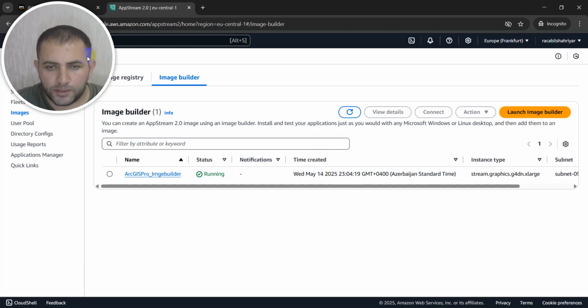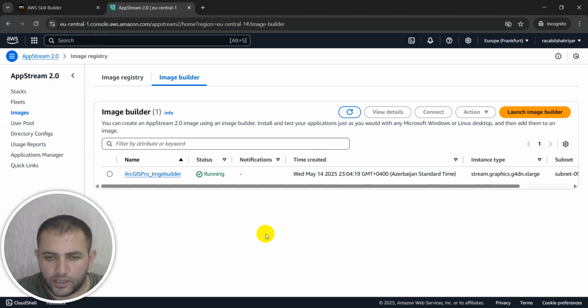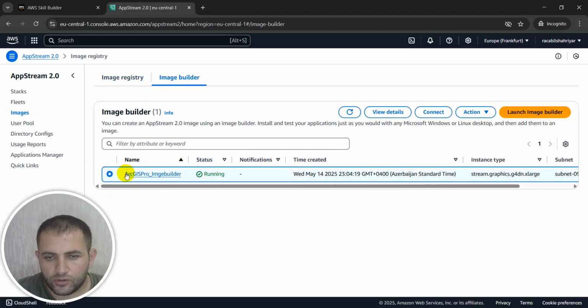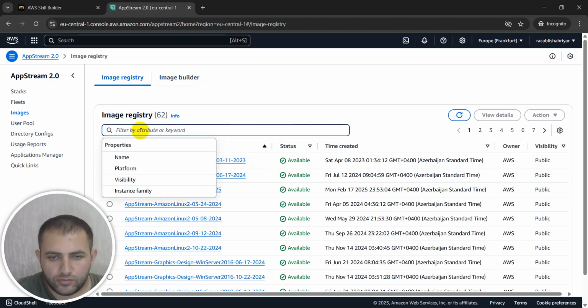Hello everybody. Today we pass our third lesson about AWS AppStream integration with GIS ArcGIS Pro. You remember that in our last lesson we created an image builder and also we created images. Now you can see our image builder is running. If we want to connect, we can see our virtual machines. Also we have images,